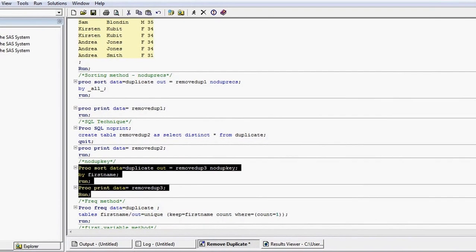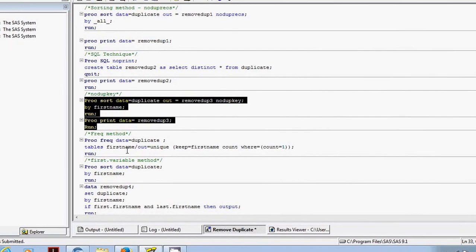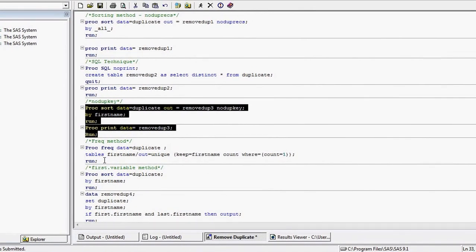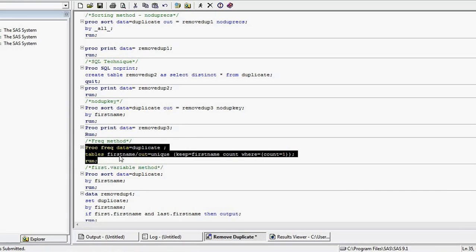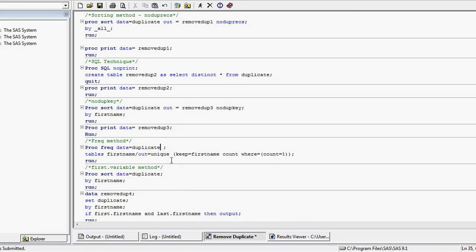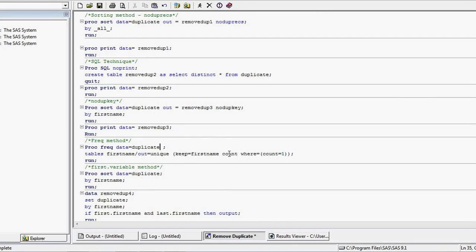So we have now covered 3 techniques. The other one is the frequency method. This is not exactly used to remove duplicates, but I'm showing it for demonstration purposes. We use proc freq data equals duplicate, the dataset name, and then tables first name, with out equals unique key, first name count, where count is equal to 1.